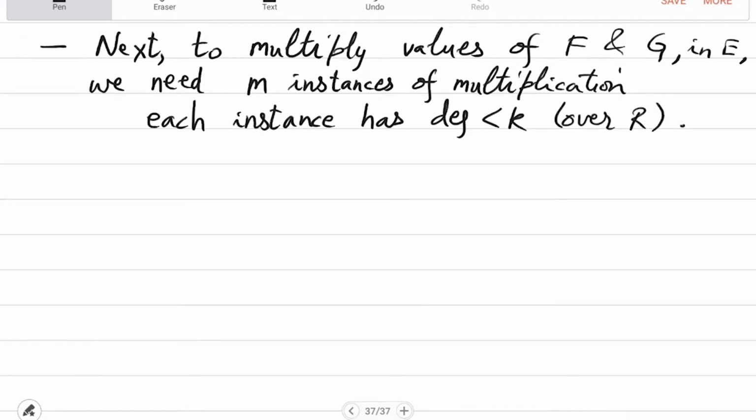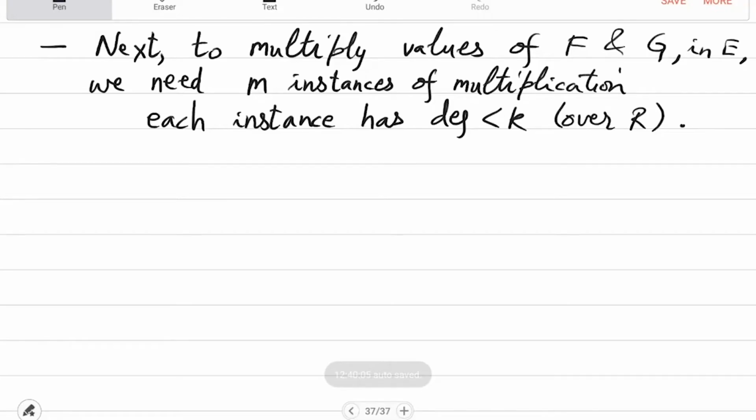Yeah, so this is what it takes to analyze the multiplication step, which is the second step of the DFT idea which we had. Right? There were 3 steps. First you compute DFT, then you multiply, then you compute DFT inverse. DFT and DFT inverse we have taken care of by lemma 1. It's only the multiplication thing which we have to still analyze, and it will be expensive. So in multiplication, you have m instances of multiplication in the ring E, which is basically polynomials in y over R, and each of these m instances has degree at most k.